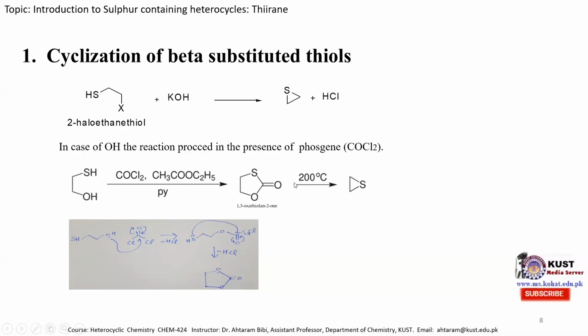And then when it is heated at 200 degrees centigrade, the carbon dioxide gas evolves, and we obtain the thyrane molecule. That's simply this bond break and this bond break. So one bond shifts toward here to produce the carbon dioxide molecule. So it carries the positive charge, and the sulfur attacks on this carbon atom to produce the thyrane molecule.